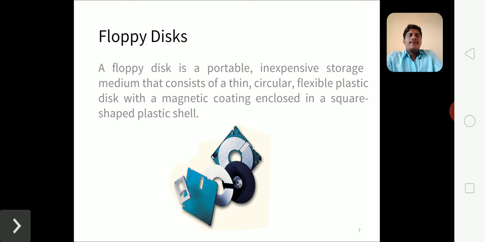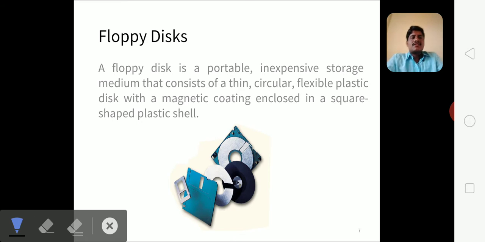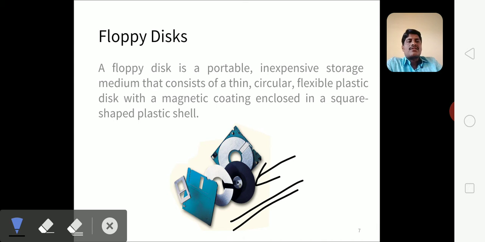Next, coming to the floppy disk. You can observe here it is a small coated circular material with a magnetic material. You can observe the black circular disk. It is a magnetizing material which has been coated with a magnetic material. Whenever you use your read write head, I can make an impression of magnetism on the disk.